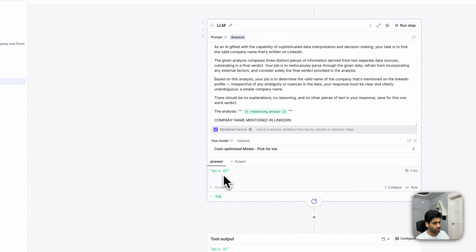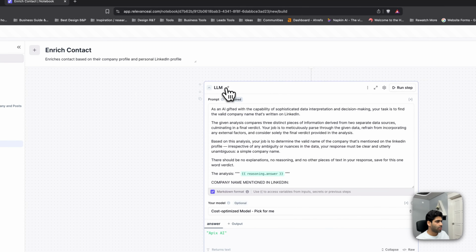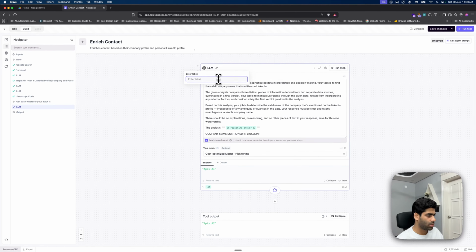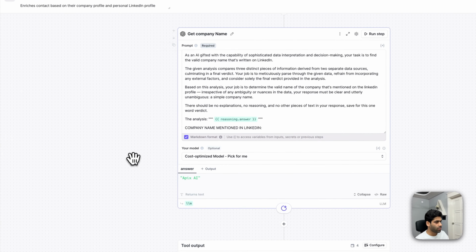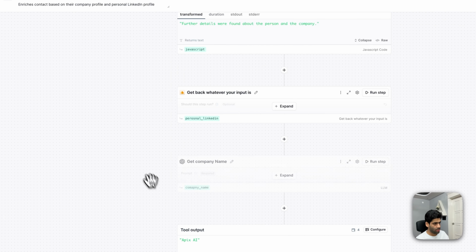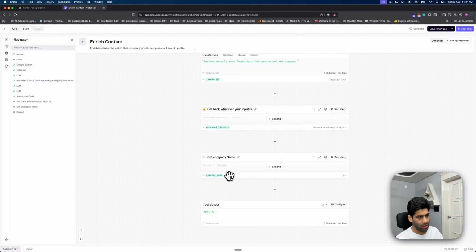And it's been able to get me Apex AI. We'll just name this step get company name, and the result will be company name dot answer or data. In the next step, we are going to get the company URL, and even for that, we are just going to use the LLM step